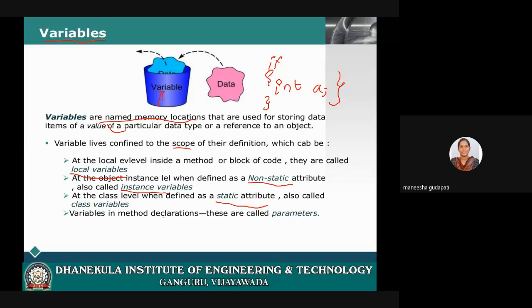While talking about classes and objects, I will explain instance variable and class variable clearly. But at this point, just know how many variables we have in Java and the purpose of each. Any doubts up to now?